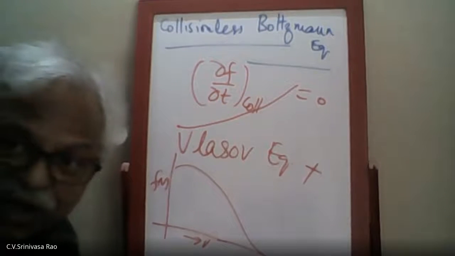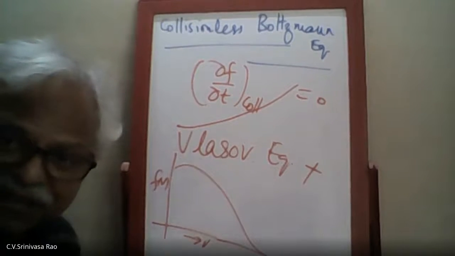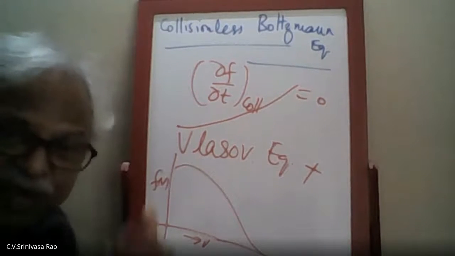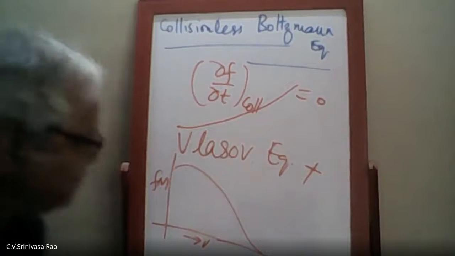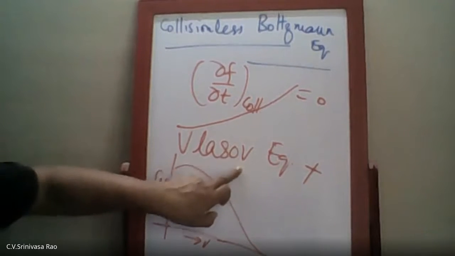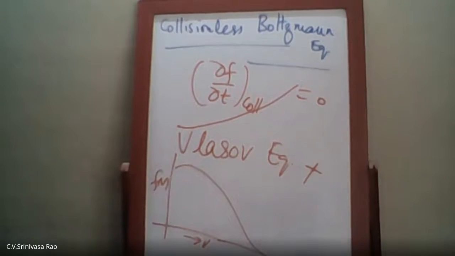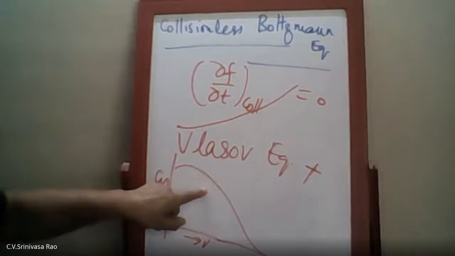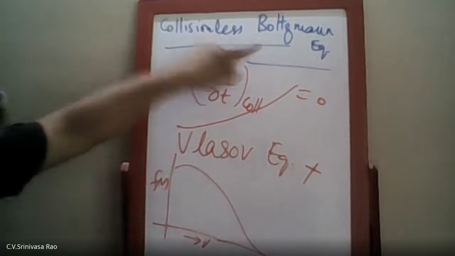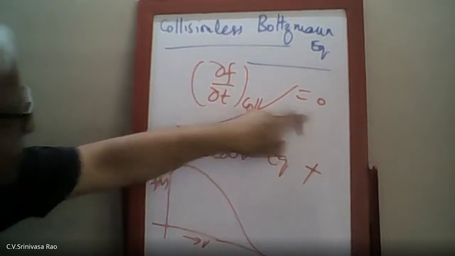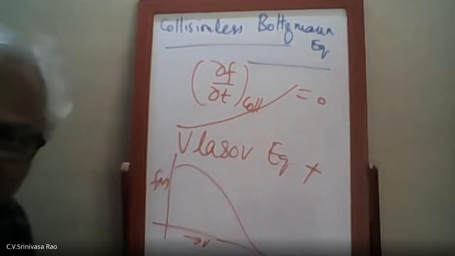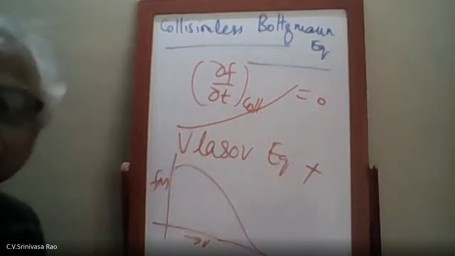I have not taken into account large angle scattering, which means collisions are not fully put into the equations. So therefore, the Vlasov equation will not lead to Maxwell's distribution. This distribution will come only from Boltzmann's equation, which has a collision term. Instead of 0, if I put a collision term, there are collisions going on between all the particles, electrons, ions, neutrals. So that is how energy